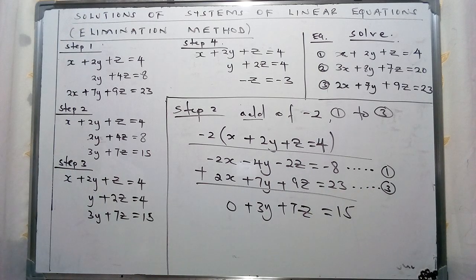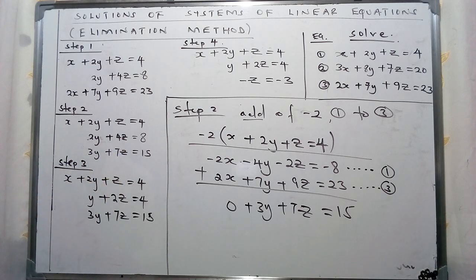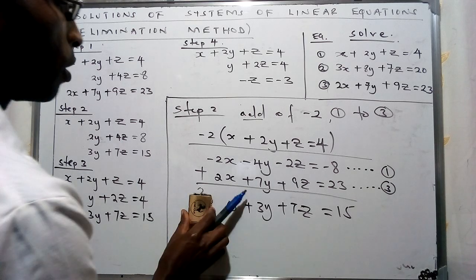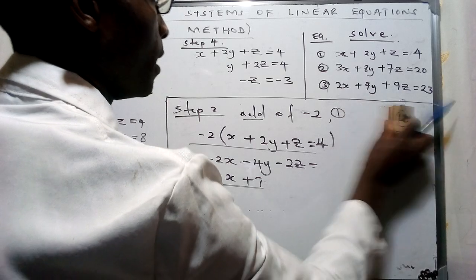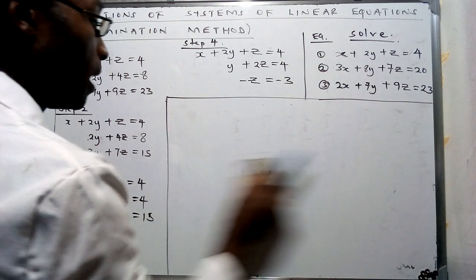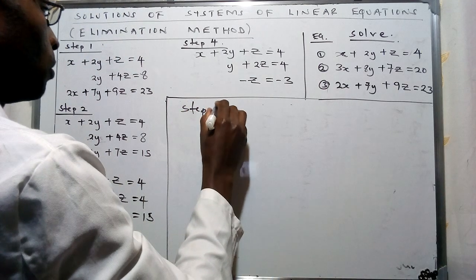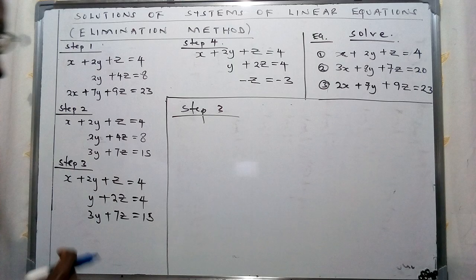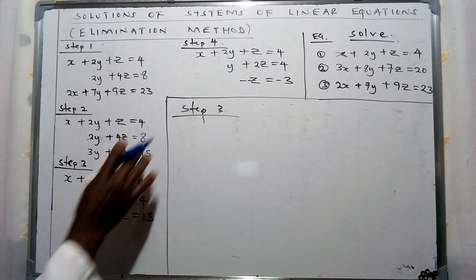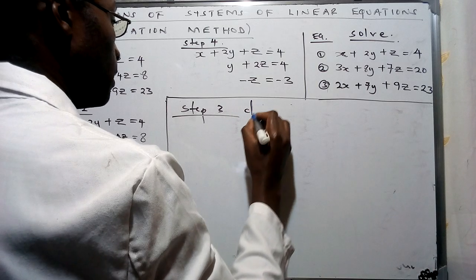Now, in a sense, we're going to see that we still remain with two unknown variables. And therefore, we will perform a subsequent step, which is going to assist us to remain with one variable, which is going to assist us define the others through the process of back substitution. Now, we shall perform a third procedure, which is step 3, which I mentioned. Sorry for that. Now, step 3 is basically going to be involving division, whereby we're going to divide